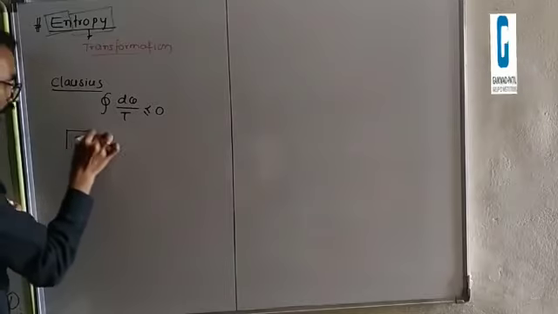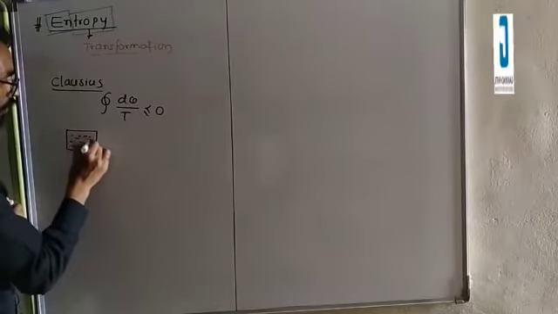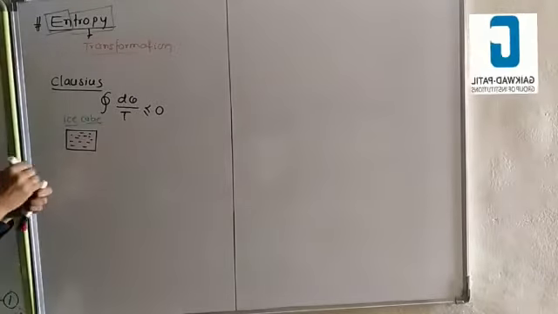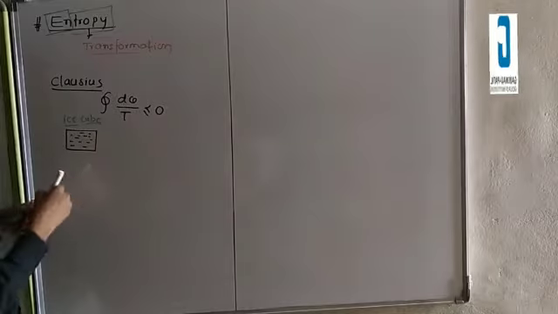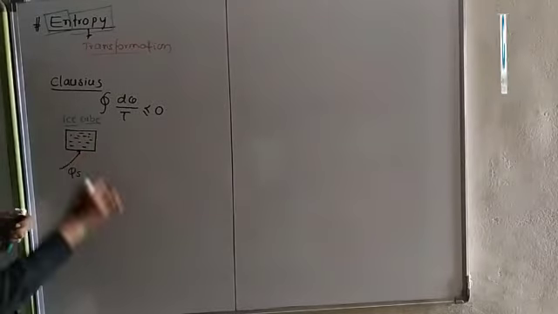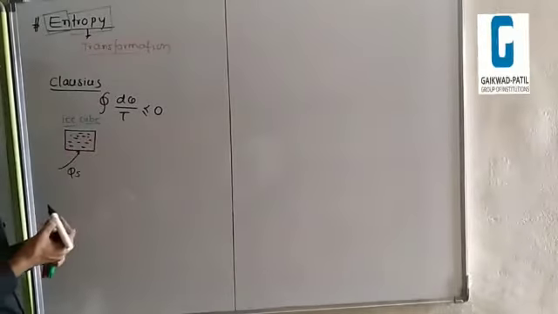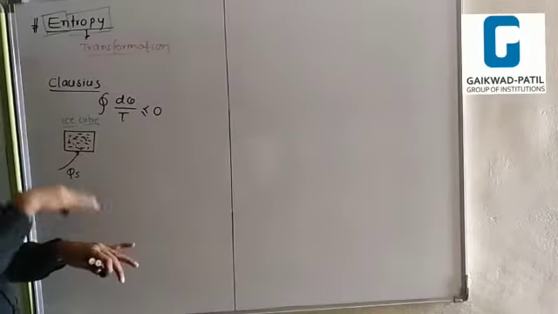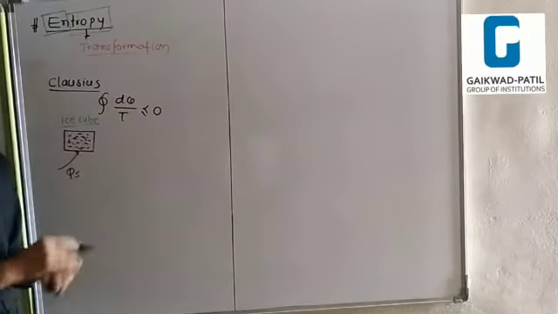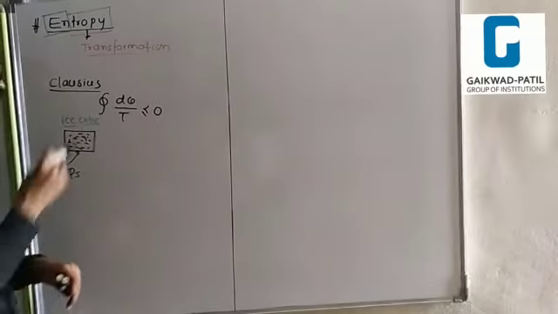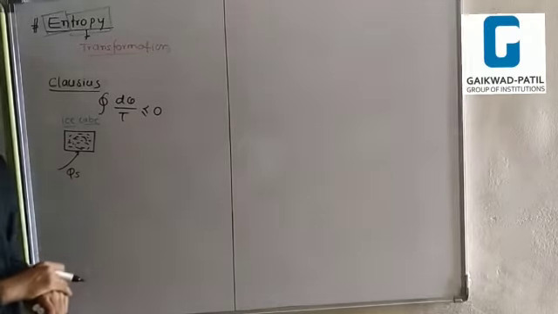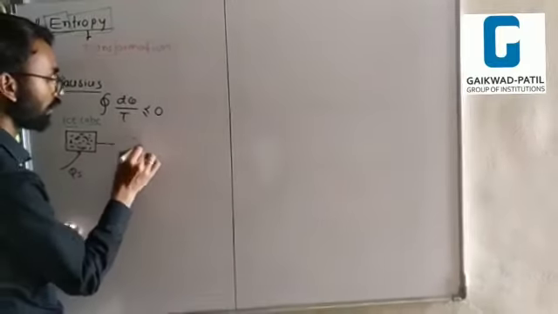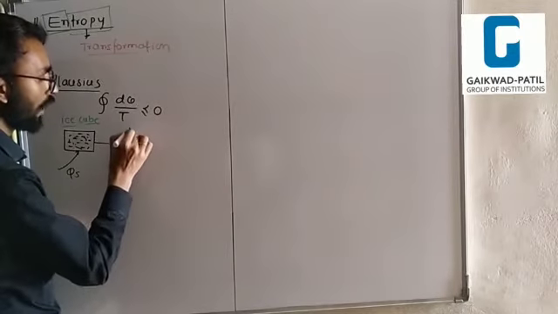Just look at here first. This one is ice, an ice cube. Now, some amount of heat will be supplied. When some amount of heat is supplied to the ice, definitely the disorderness and randomness of the molecules changes. If the molecules were in one place and we start heating, it means changes are coming in the molecules, so the disorderness and randomness suddenly increase. That means this ice cube is converted after some time into water, like this. This is water, H2O.